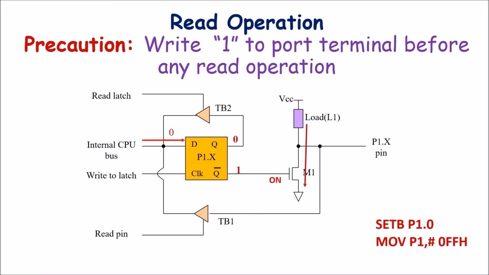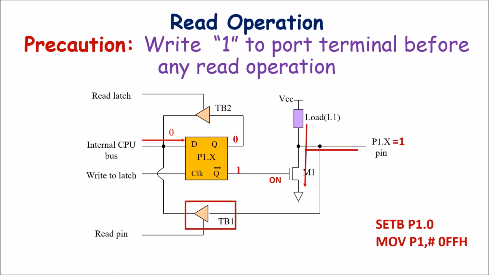Now we want to perform read operation. We have assumed that initially 0 is placed on the data bus, but now we want to perform read operation. So this read latch will be enabled for read operation. We'll send this read signal on this tri-state buffer, and the user wants to read a data 1 or logic 1 that is connected to this pin terminal. So what will happen, since this pin is at logic 1, current will also flow through this pin,